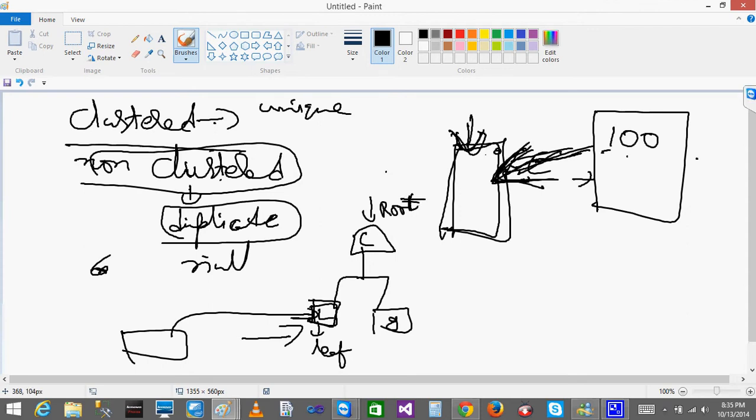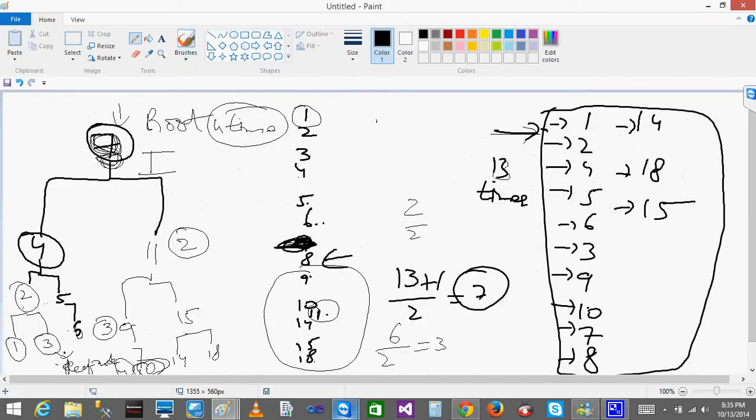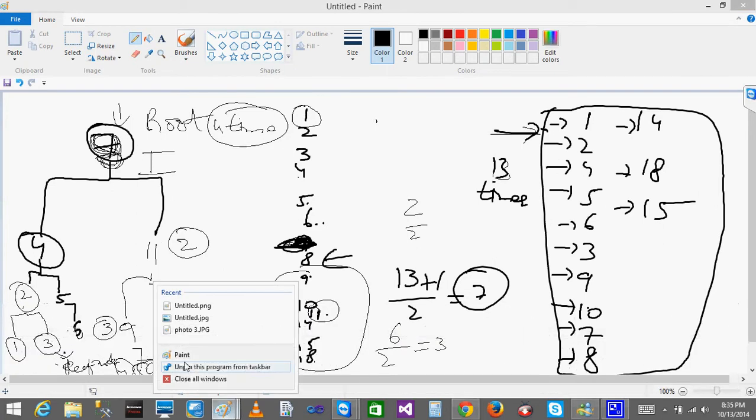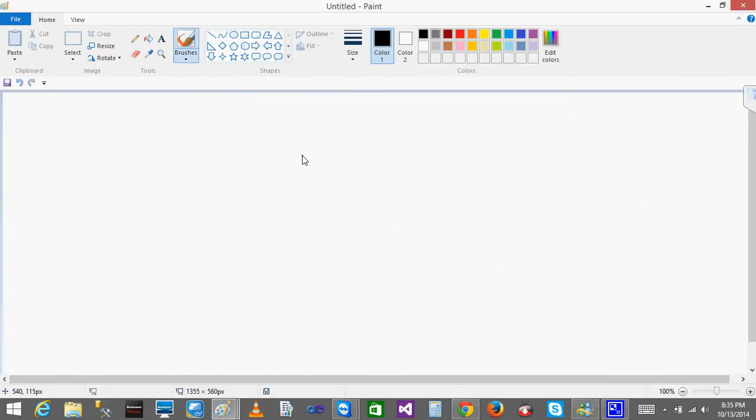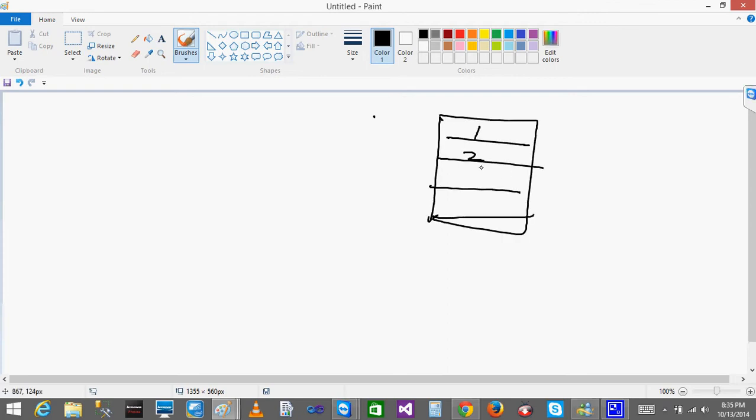Okay, so the basic difference between clustered and non-clustered: clustered means you will have the data at the leaf level. Non-clustered means instead of having the data at the leaf level, it will have an address pointing to the data. That's it. That is the difference. Now I am going to explain another concept in the database called table scan and table seek. Okay, so if I have data and the data is not sorted,